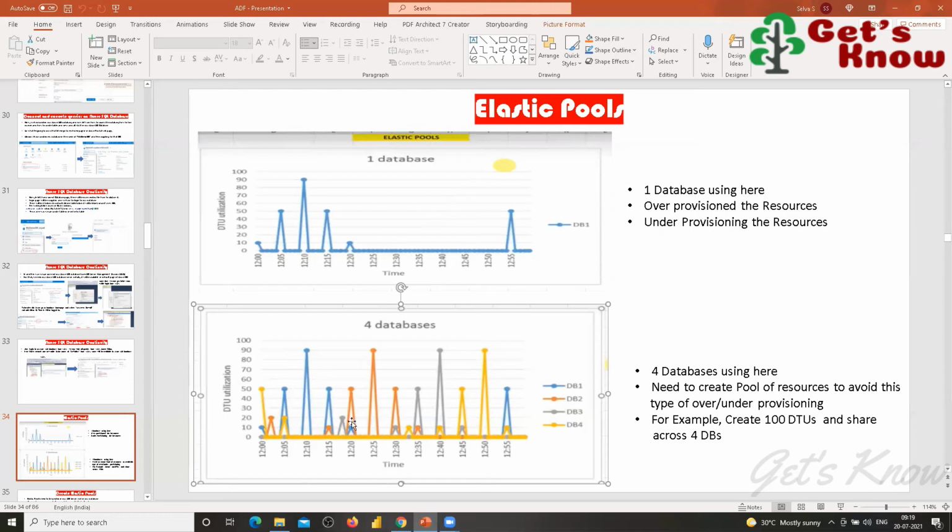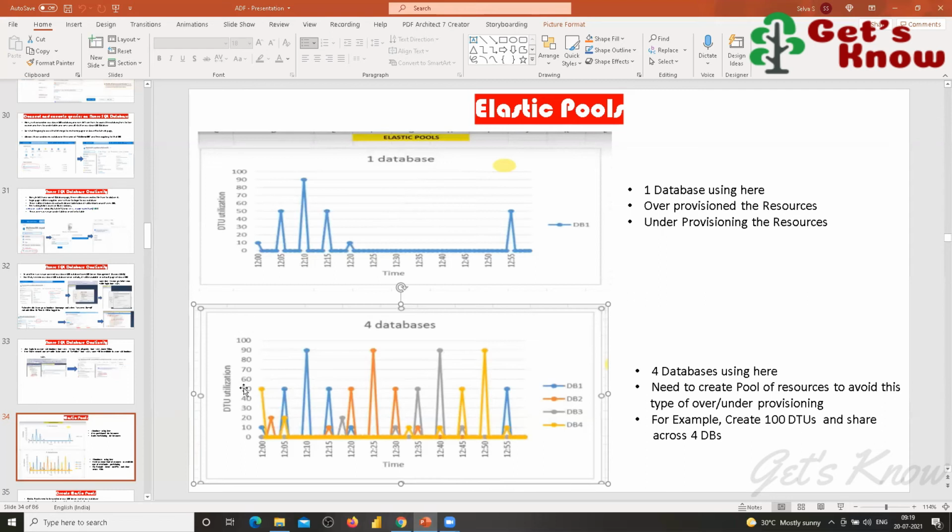See what is happening when the blue is performing 10, it is taking 10. At the same time, yellow is taking 50. Yes, it's available. The same DTU is being used by another database, right? This blue reached 90, and this orange also reached 90. This purple also reached 90. This yellow reached 90.